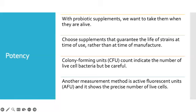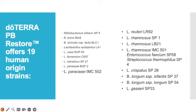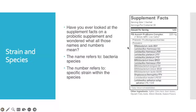And then another measurement we want to look for is the active fluorescent units, which is the AFU, and that shows the precise number of live cells within the supplement. So let's go back here. You guys can see, this is the PB Assist Plus Probiome Complex. So this is not the probiotic, but it's the sachet. You can see here, it's got 7 billion AFU live cells, right? And it doesn't say that it's at time of manufacture. And so we know that it's at